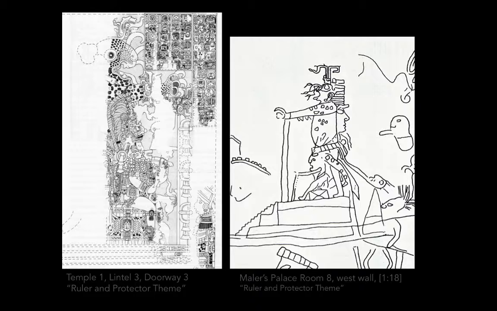Here we are looking at a visual text that gives us a continuous and, quote-unquote, static idea, which is this ruler and protector theme. The ruler and protector theme can be depicted in many ways, but the characteristics are similar, if not the same, meaning the dominant characteristics are a large, over life-scale protector figure